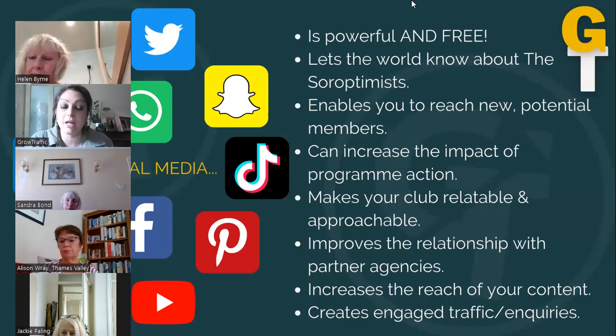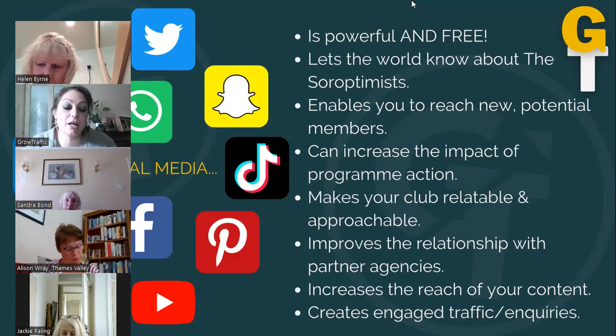So the fact that we're doing our little programme action here then gets amplified by the fact that these larger companies or these larger charities, whatever it might be, will pick that up and share it with their membership. So it enables us to raise more money, raise more awareness, and just be a little bit more impactful with our programme action.